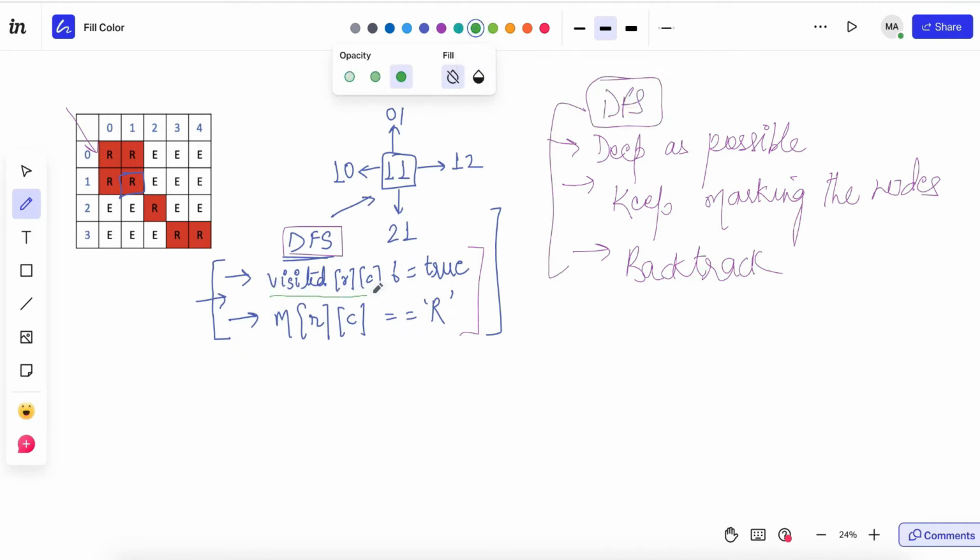So what we are keeping here is a visited matrix, and this matrix will be initialized by false. We'll iterate over this matrix, and if these two conditions are valid, then we'll call this DFS. We'll go as deep as possible, moving in all these four directions, and we'll keep a counter that will tell us how many times we call this DFS. That will be the actual count of the eraser tool that we have called.